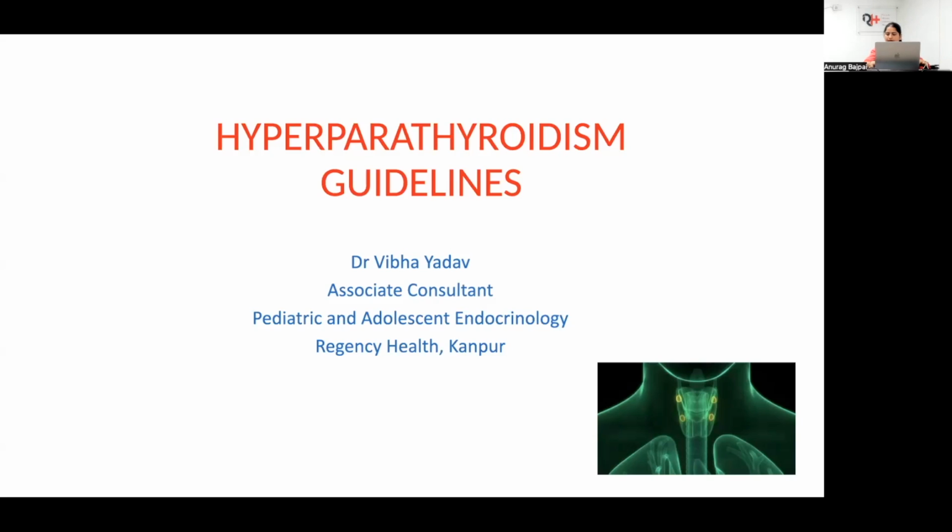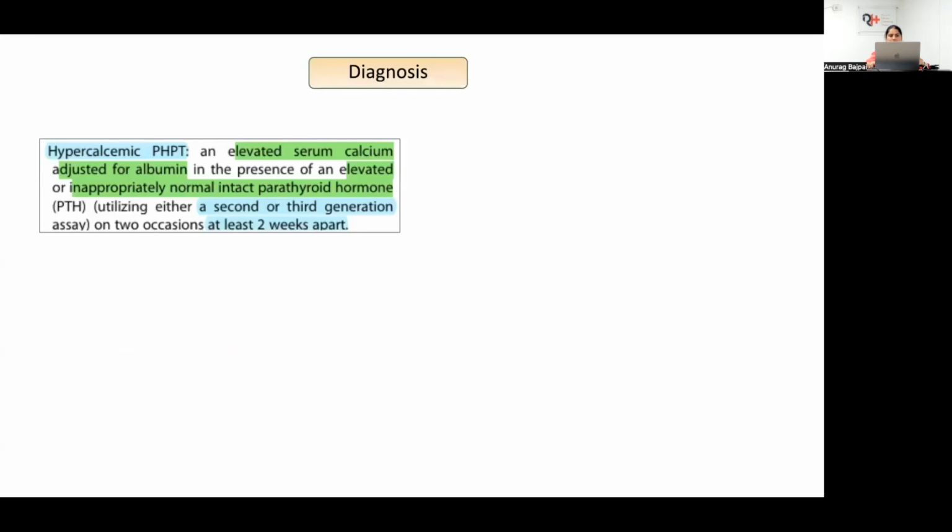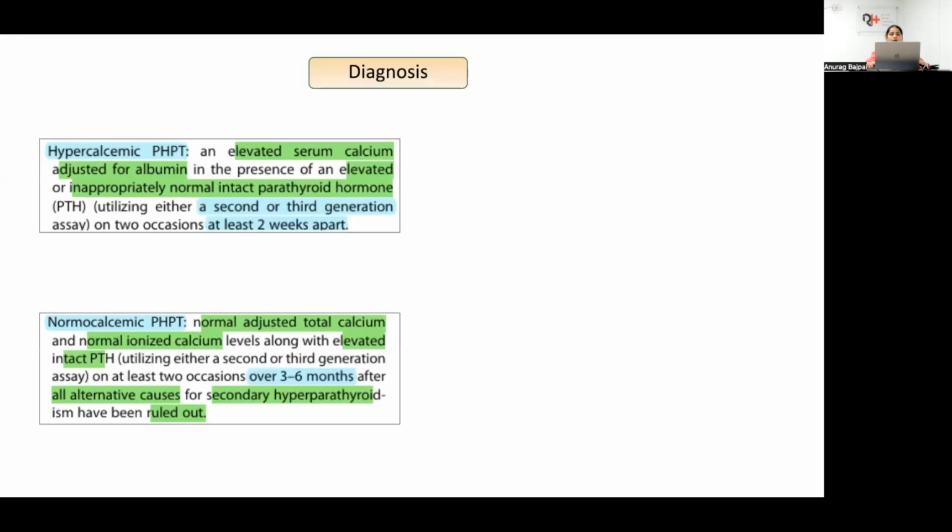So these hyperparathyroidism guidelines are based on the 5th International Workshop summary statement and guidelines published in the Journal of Bone and Mineral Research, and the American Association of Endocrine Surgeons guidelines. How we make the diagnosis of hyperparathyroidism is very important. The guideline clearly says, as Sir said, that there are hypercalcemic and normocalcemic varieties. So when there is an elevated serum calcium adjusted for albumin, when there is a low albumin, we have to adjust it using the correction factor of 0.8, in the presence of